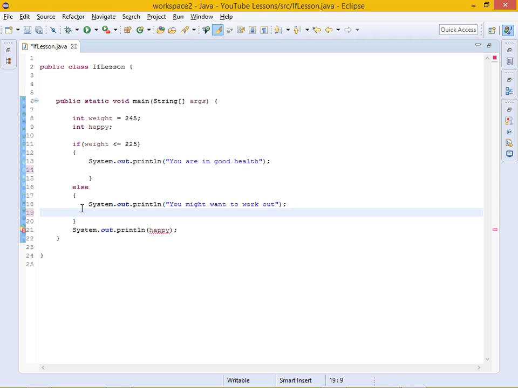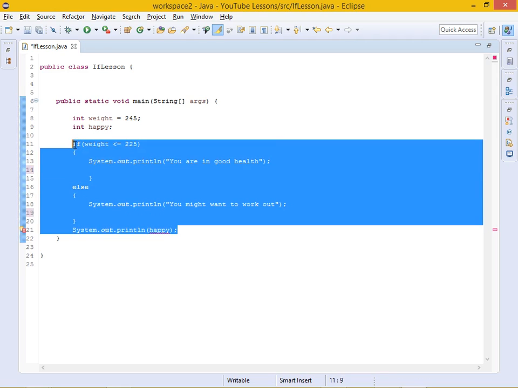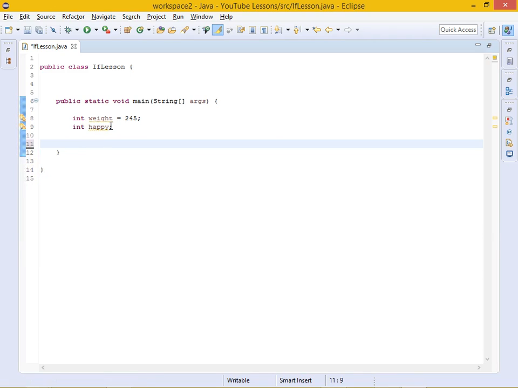Now I want to introduce something else. So let's say, for instance, I'm going to change this to a Boolean because we haven't used a Boolean in a while. It's happy. Now I'm going to set this equal to true. And so we're going to do our if statements here. If weight is less than 250,